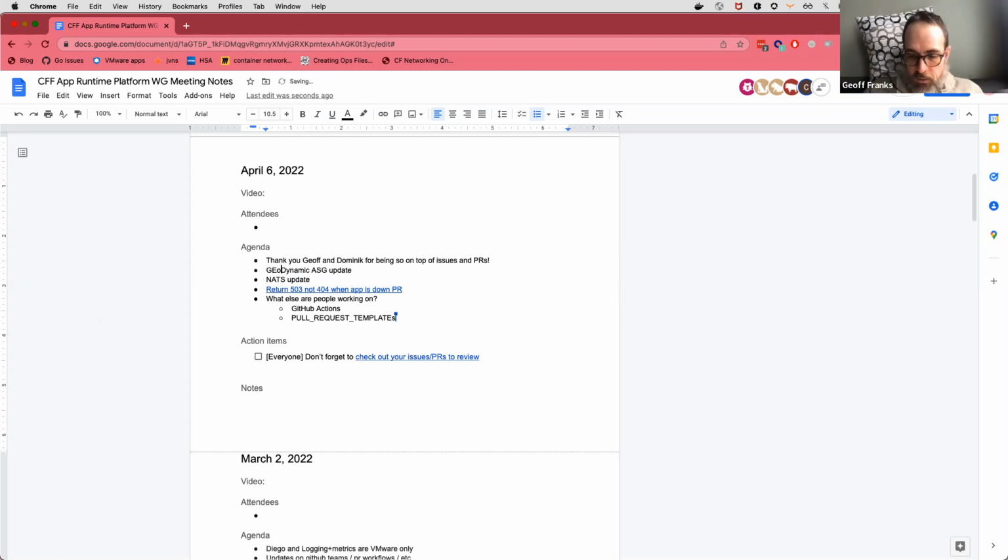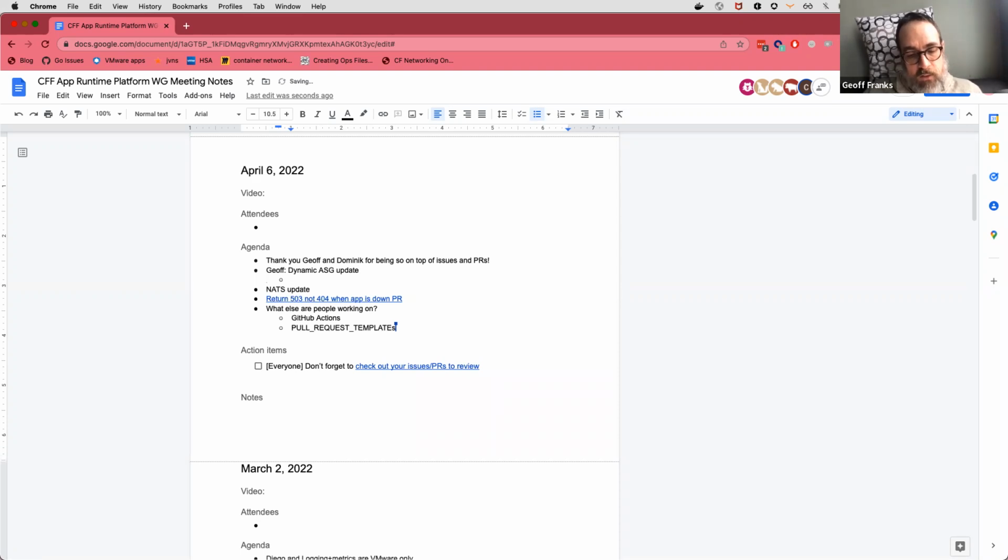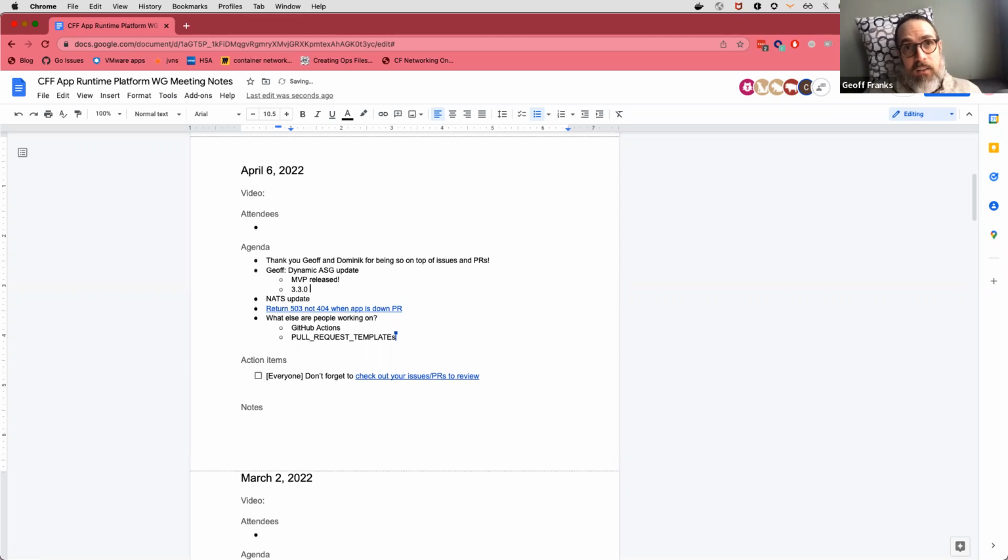We've made a few releases to CF Networking and Silk that support dynamic ASGs with bug fixes. 3.3.0 should be great to use-ish. We're looking into some performance issues. In extremely high scale situations, it does end up causing or exacerbating a memory leak in CAPI.